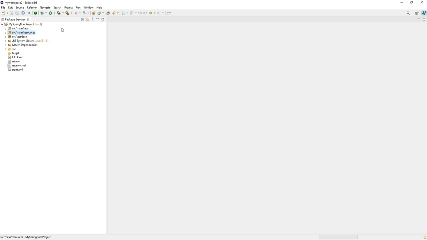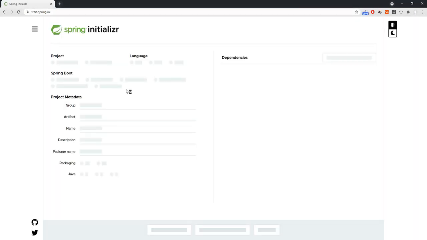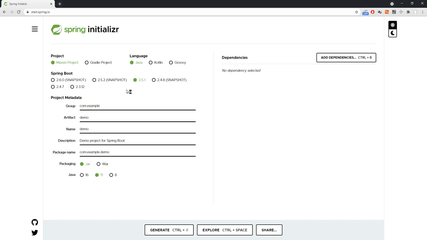Okay, this is one part. There is one more option also available. Here we created our own project in Eclipse itself. Instead of creating the whole Maven project or Spring Boot project within Eclipse, we have another option. If I go to this website, start.spring.io, they provide something called Spring Initializr. In this we can specify whatever configuration we require for our Spring Boot project, download it from here, and import that file directly into Eclipse.